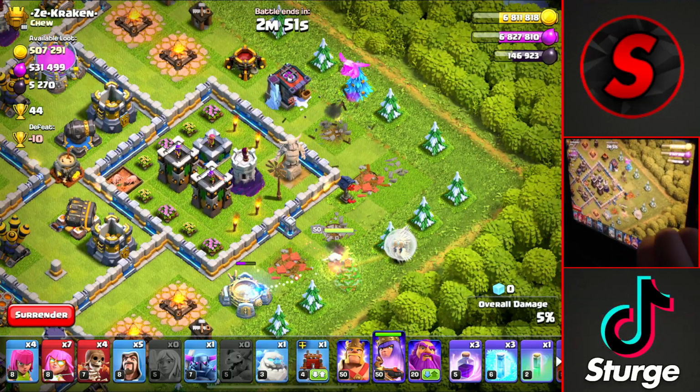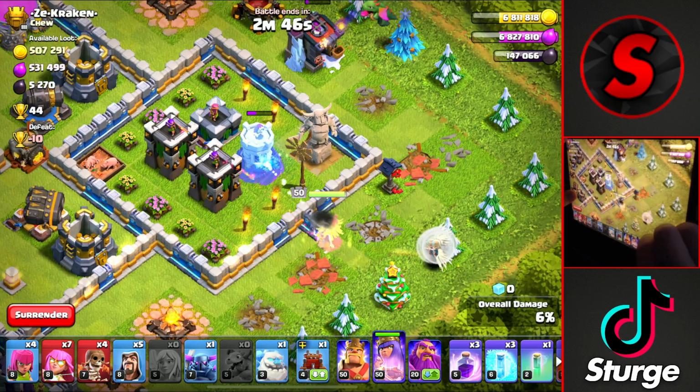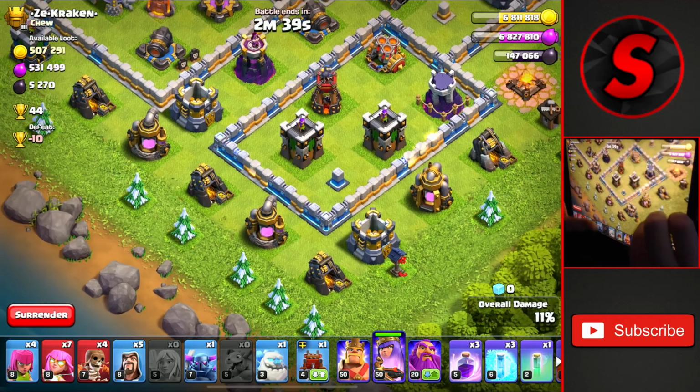We're not going to walk her in, but I think she can take down at least the first Archer Tower and that Wizard Tower there. And we have a Rage spell for her if we do need to use that on her. It looks like she is fine and she's going to walk around the outside, so we'll go to the other